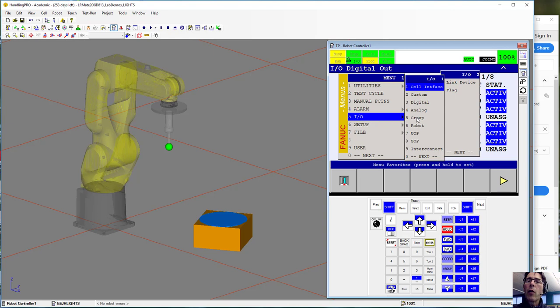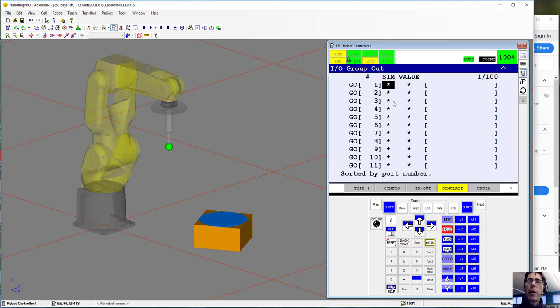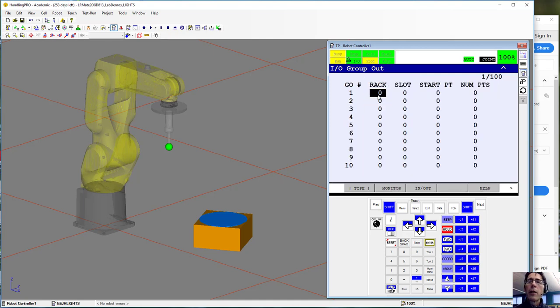So you go to I/O, go to group, and we'll just use group 1. And we're going to go to config. So the rack was 0, slot was 1, and the start point is 25. Now we also have to tell it how many points there are in the group. We're going to group together 4 outputs, so that will be the number of points. Okay, so once we've done that, that's another thing that requires us to restart the robot in order for the group to actually